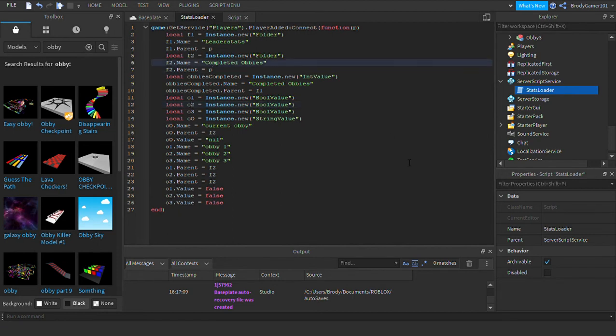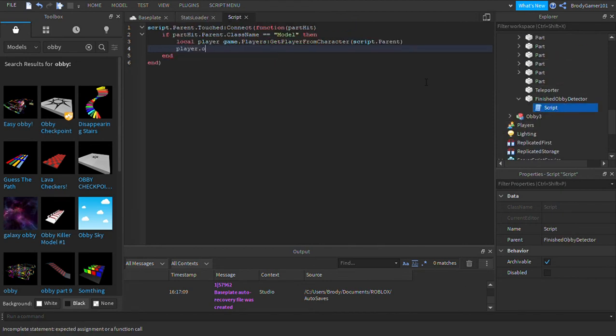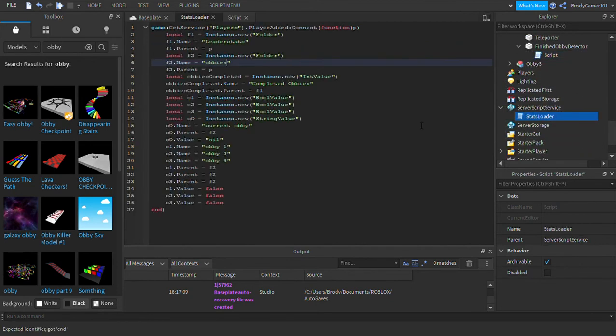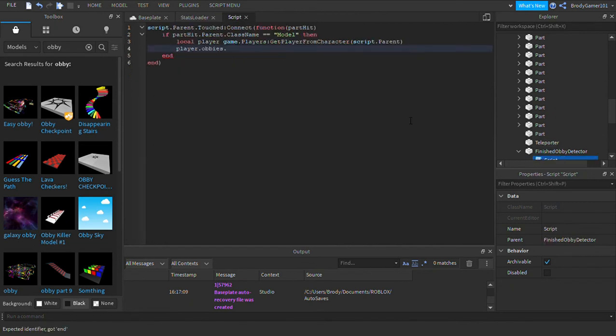We're gonna do obbies. We're just gonna call it obbies, and we're gonna do dot obbies dot, and we're inside obby 2. So we're gonna do, what's the name of obby 2? We're gonna change this to have no spaces in it so we can access it in the script easier. Okay, so here we're gonna actually do if player.obbies.obby2.value equals true, then